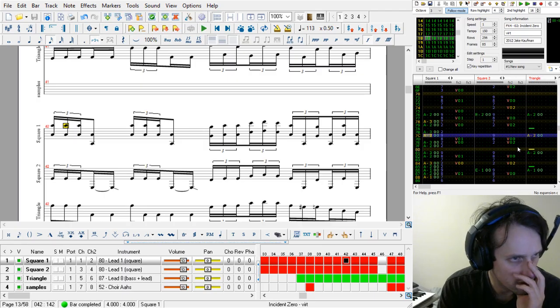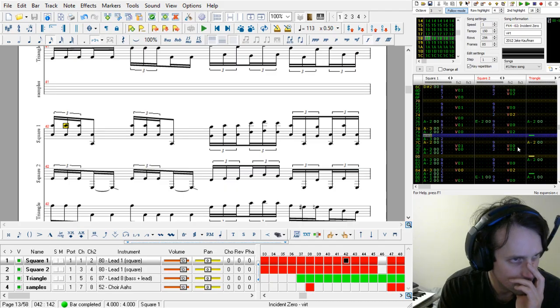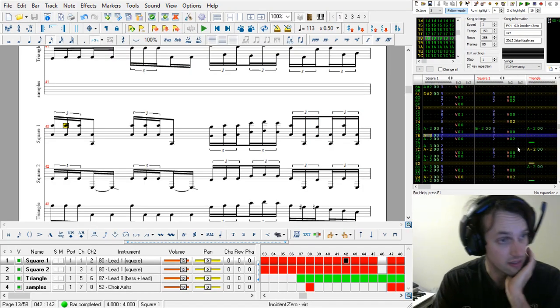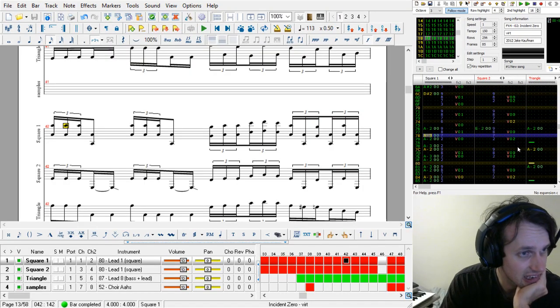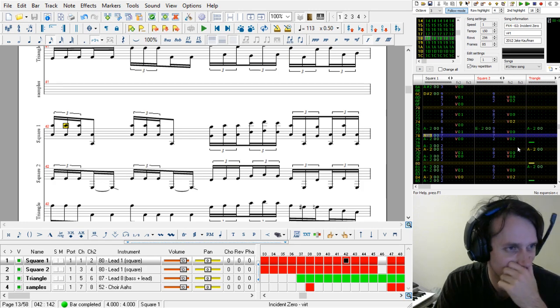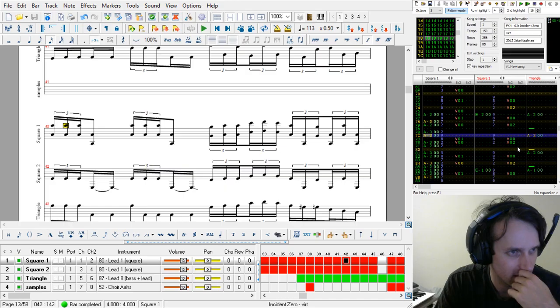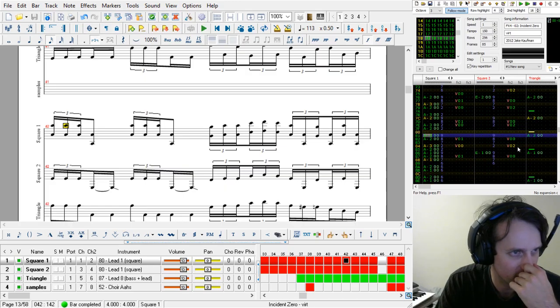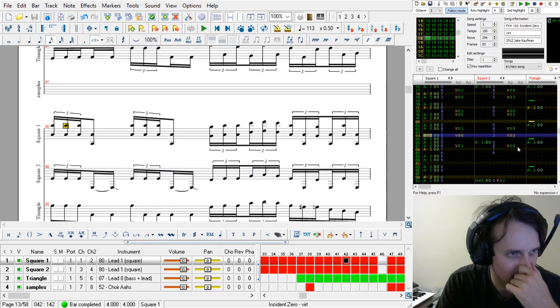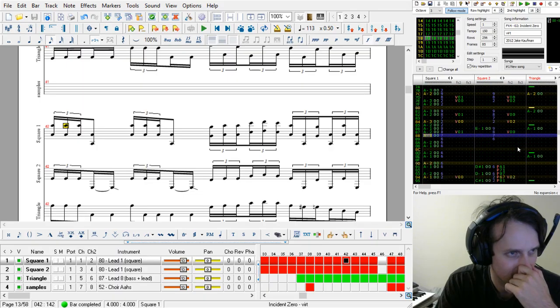Oh wait, which is it? No wait, the A3s are supposed to be... Wait, the lower octave is supposed to be on the downbeat. The higher octave is supposed to be a little bit later. Was this even made correctly? I wonder. So yeah, A2. But then there's an A3 on beat here. There's an A1 and another A1.